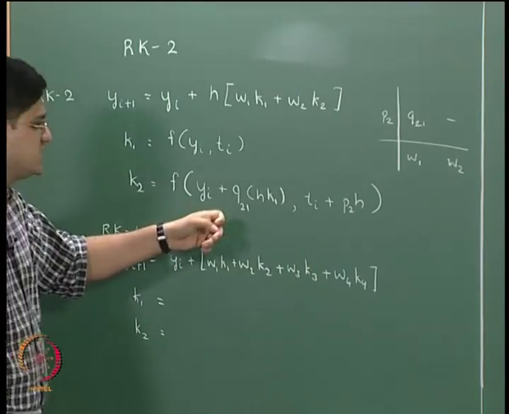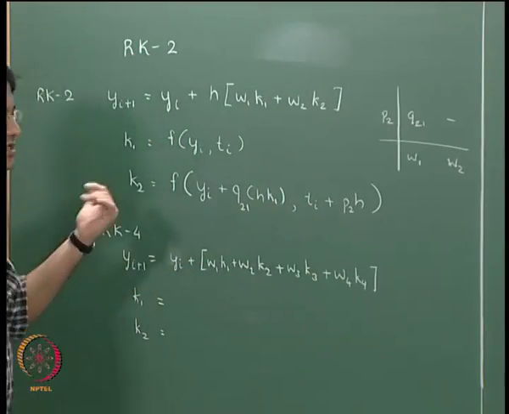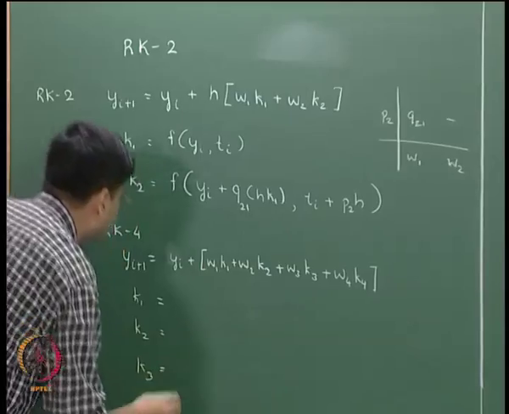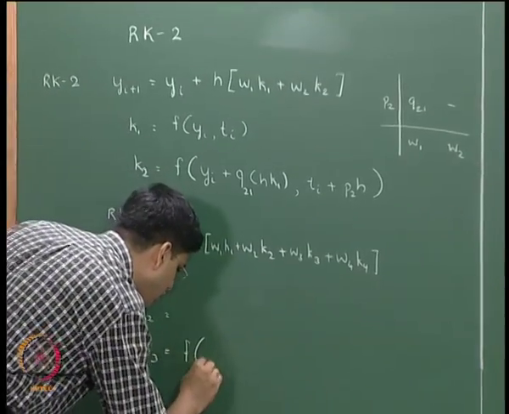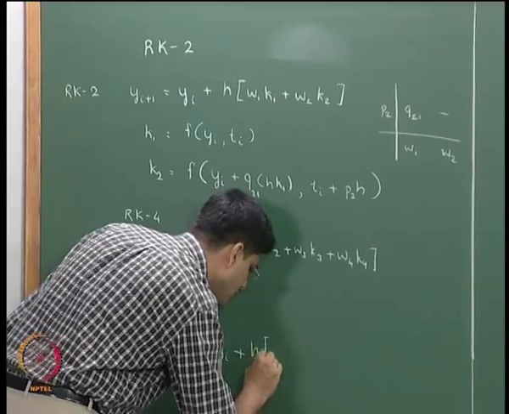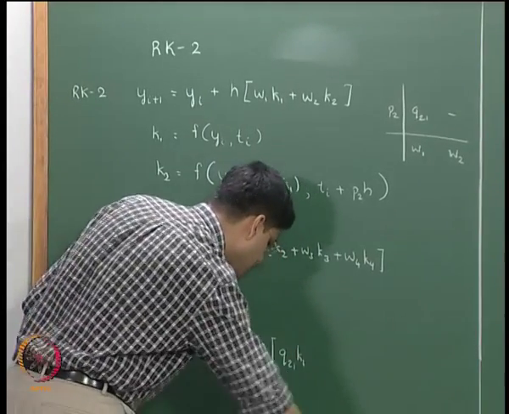We may not have the same q21 and p2 values; the expression is the same, it is not the values that are the same. k3 is going to be equal to f of y_i plus h multiplied by (q31 k1, sorry, q31 k1 this time,